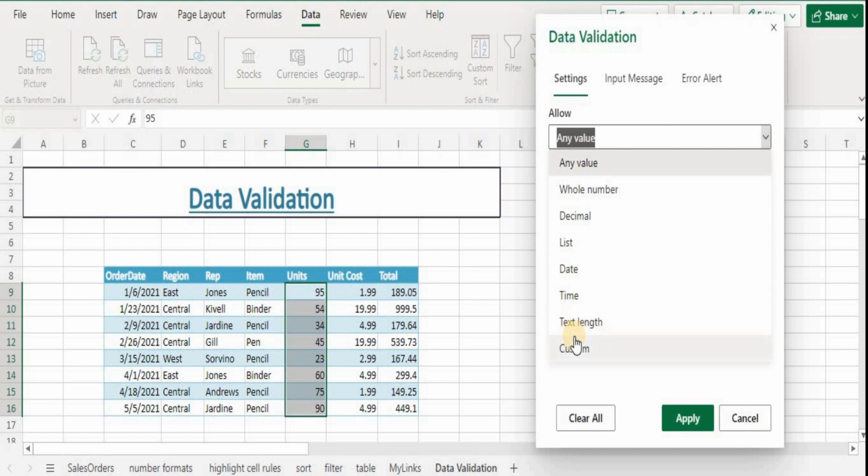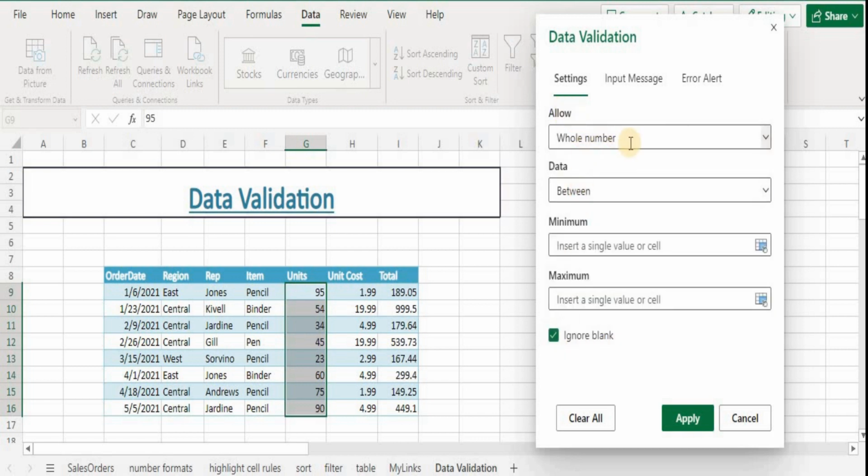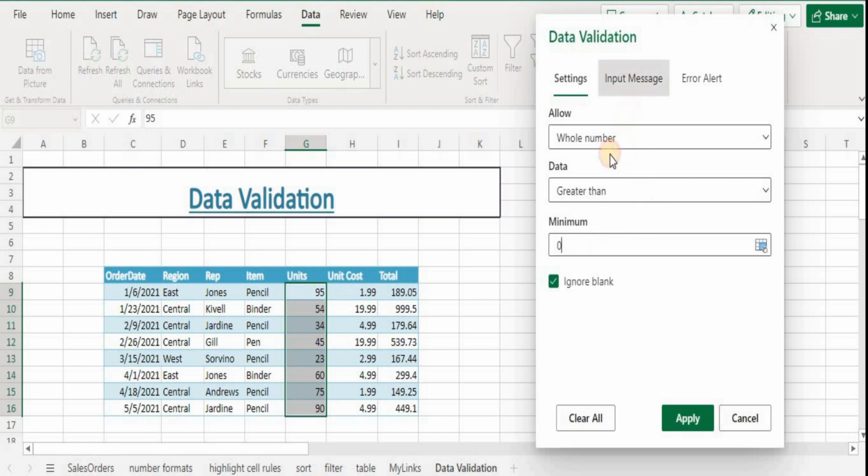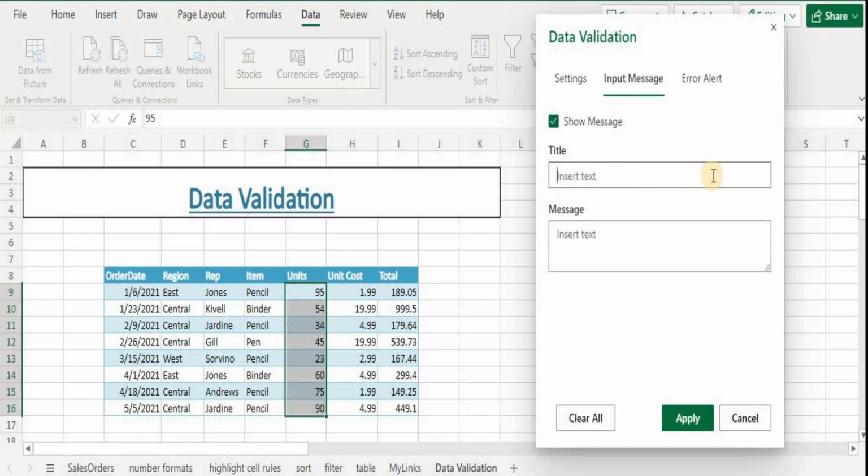For example, if you want users to enter a positive whole number, in the Allow box, select Whole Number. In the Data box, select Greater Than. Enter 0. To display an input message when the cell is clicked, click the Input Message tab, and then enter